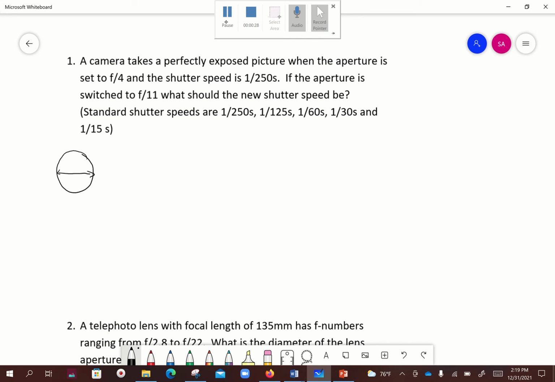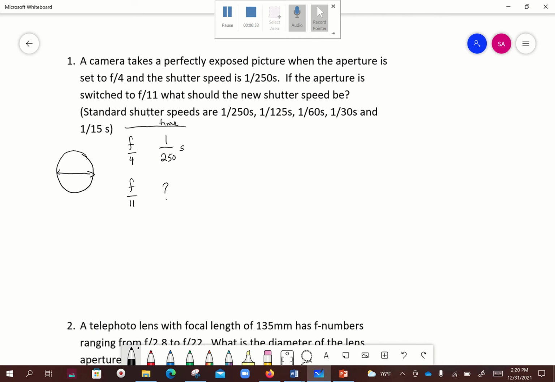So what we're told is that when the aperture is equal to f/4, then the correct shutter speed is 1/250th of a second. That's pretty fast. And let's say if we now change the aperture to f/11, what should our new shutter speed be? Okay, so